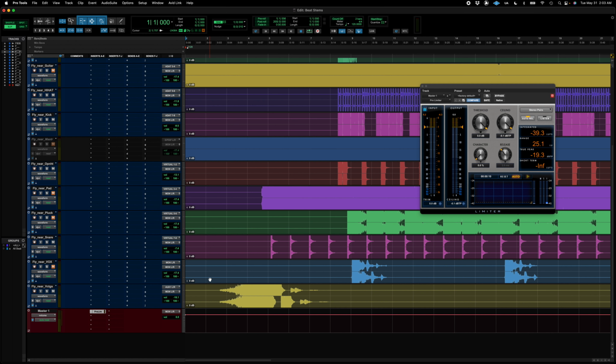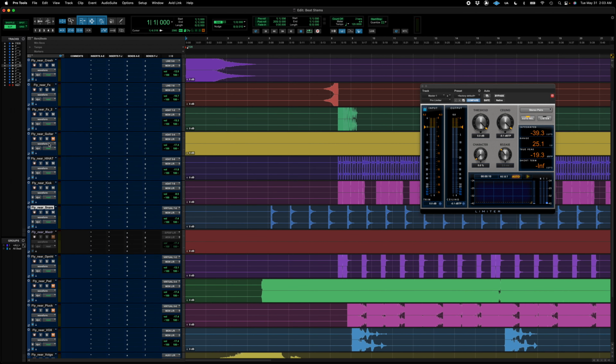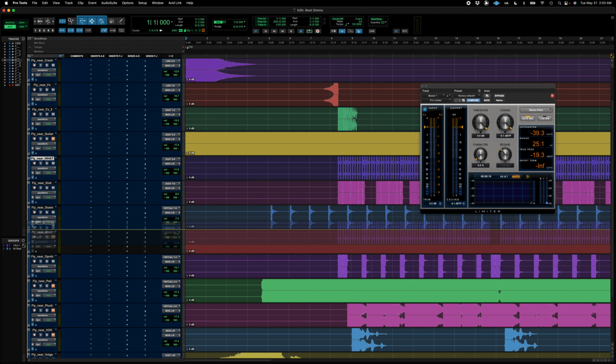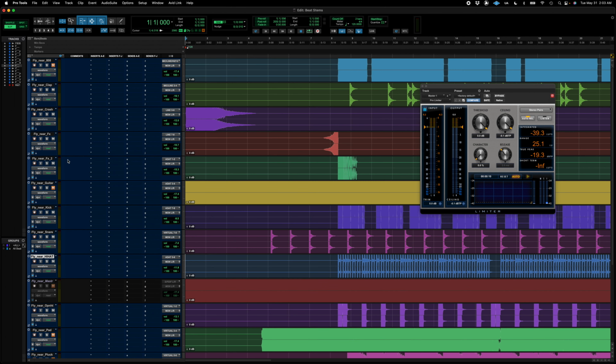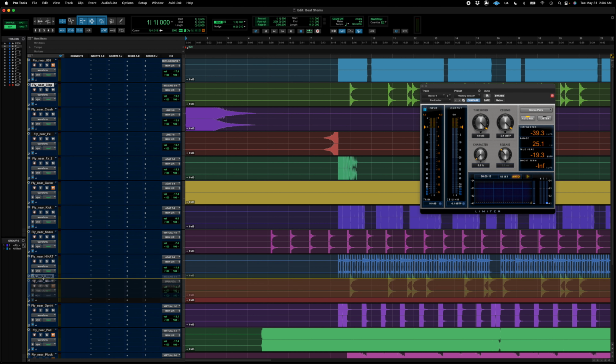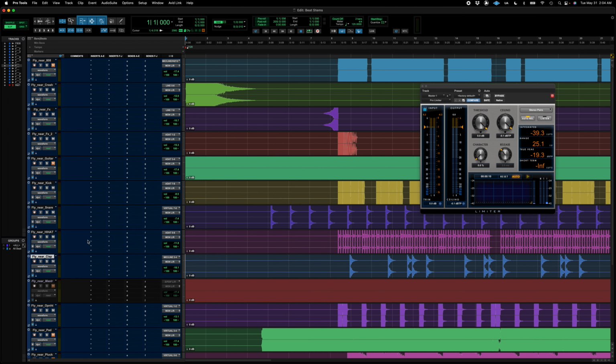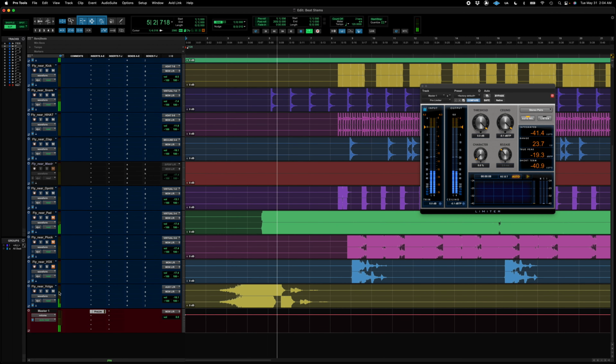Okay, now I think I'm going to start moving some of these tracks around to get them a little bit closer to other instruments, like putting all the drums together, the synths, the effects, things like that. So I'll go ahead and move these tracks together. I will move this track here. Then I think I'll put this track. I'll mute that for now.